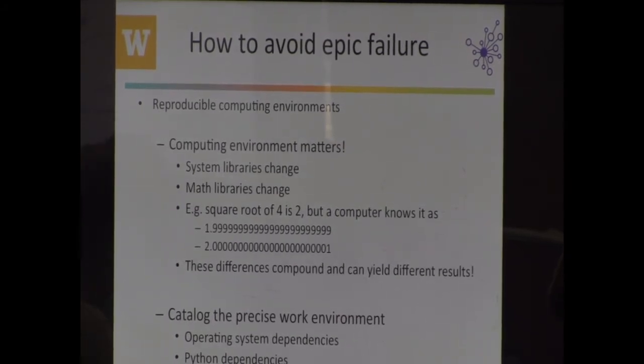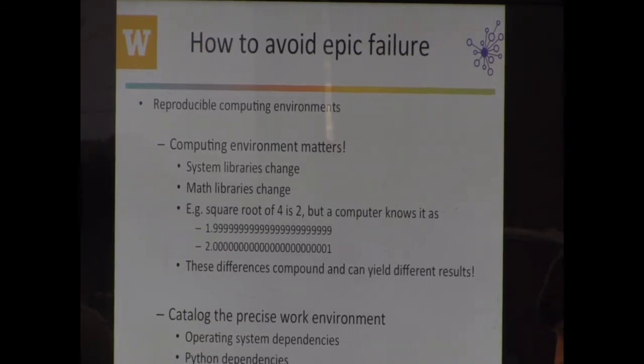Another thing that I think not all of us are acutely aware of is that the square root of 4 is 2. But to a computer, it could easily be 1.99999 or 2.01. It's not guaranteed to be the integer 2. And if you're making the assumption that you're going to compare two floating point numbers, which could have a decimal point, and it's going to be exactly some value, you're probably not going to be right.